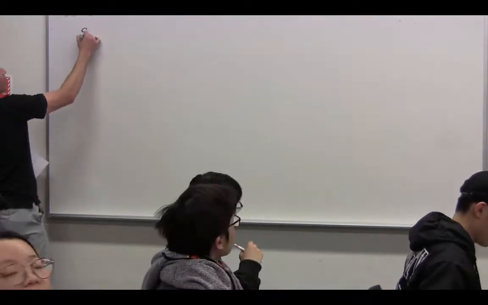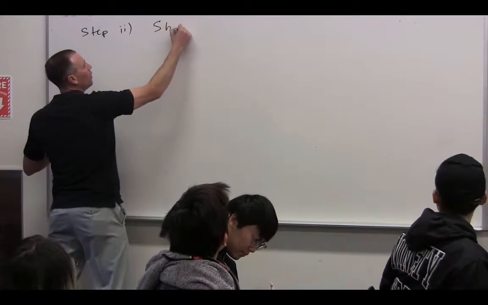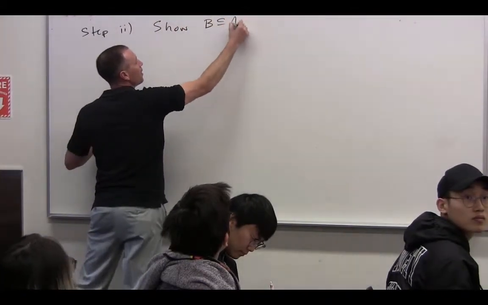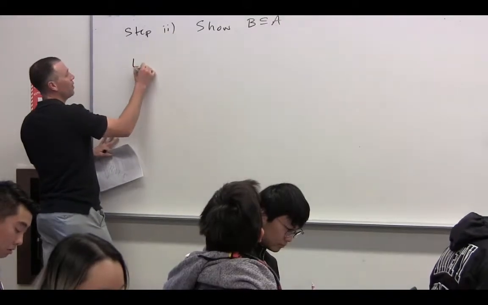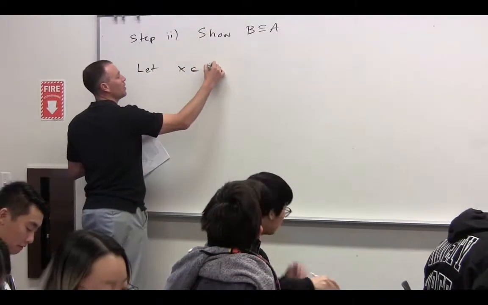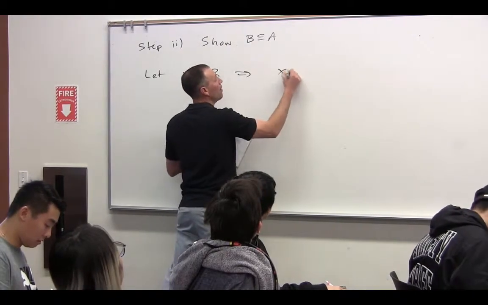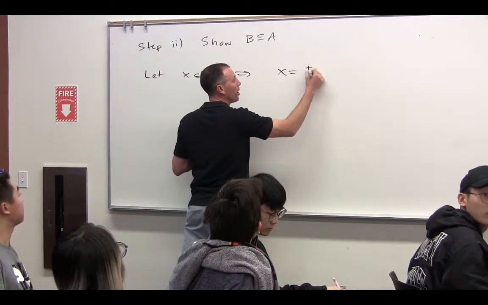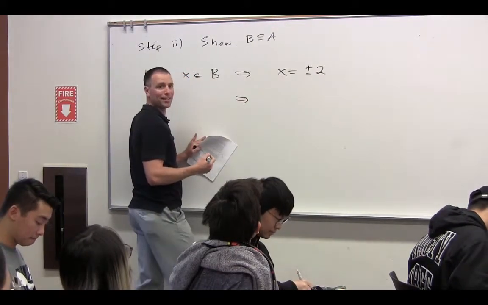Okay, so what's the second part of this? Yeah, so we want to show that B is a subset of A. All right? So how do we do that? Suppose x is in B, which implies x equals either positive or negative 2 if we're super lazy, right? Which implies,